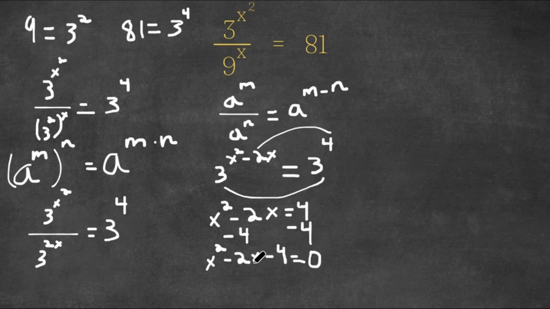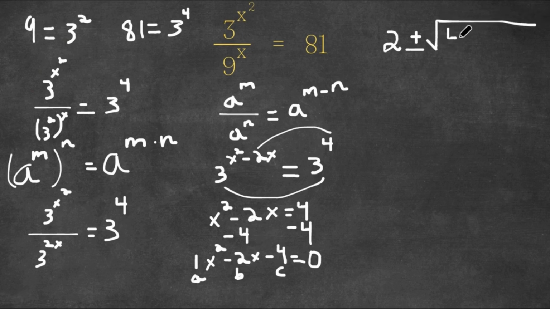And what we're going to do is, well, let's use the quadratic formula, which is negative b plus or minus the square root of b squared minus 4ac over 2a. So a is 1, b is negative 2, and c is negative 4. So we have negative b, so 2 plus or minus the square root of b squared, so negative 2 squared, which is 4,